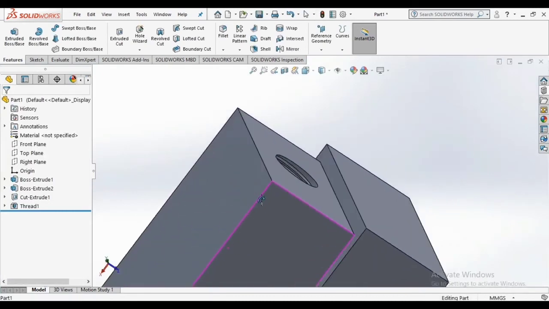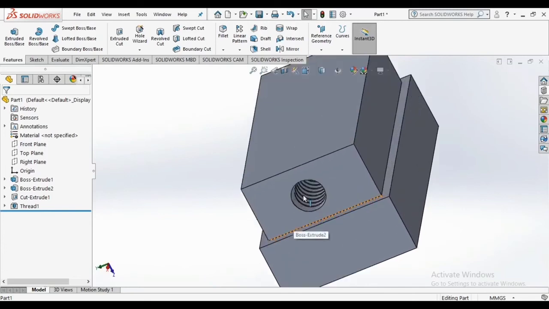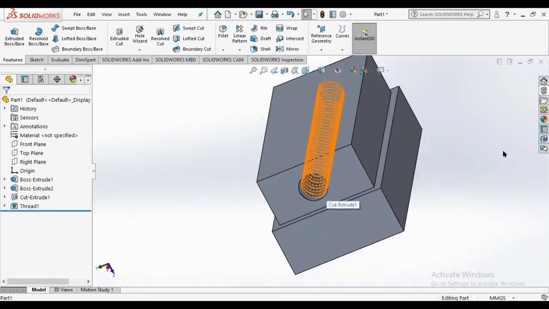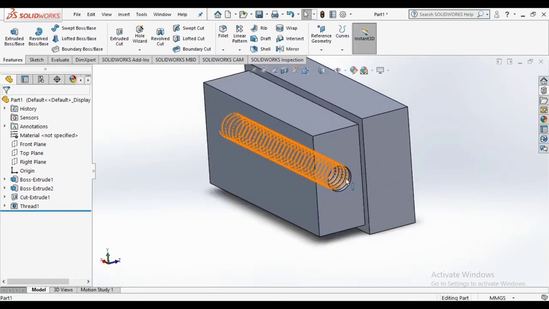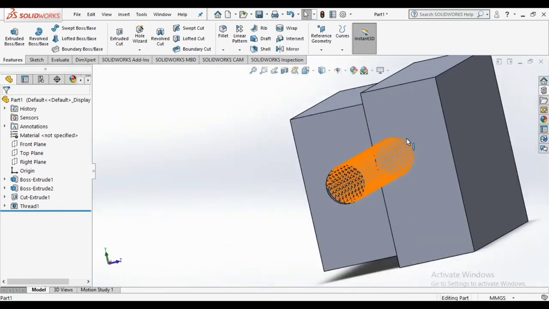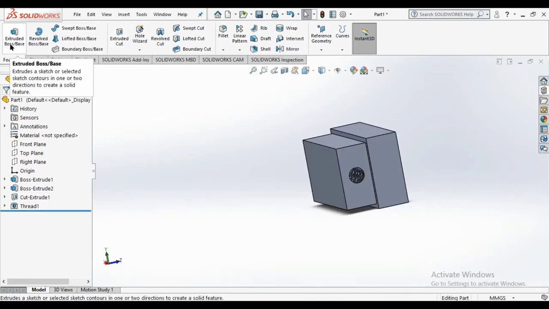Now you can see threads on both sides. So this is an easy method of making threads. We used the hole wizard command for thread making, and we also used the extruded cut feature and the extruded boss feature.